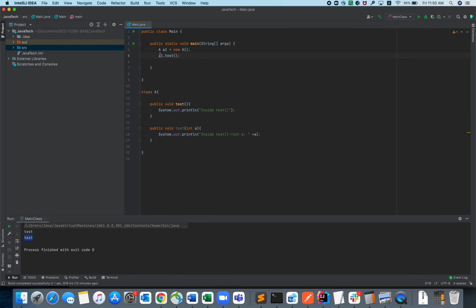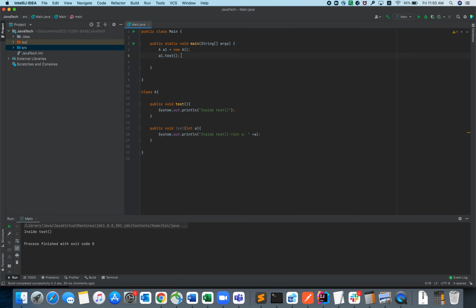Because a1 is an identifier pointing to class a, and using this identifier I'm trying to access the test method. If I run this statement, it will print the statement which is inside this test method, right? That is how I am accessing the test method which is not taking any argument.